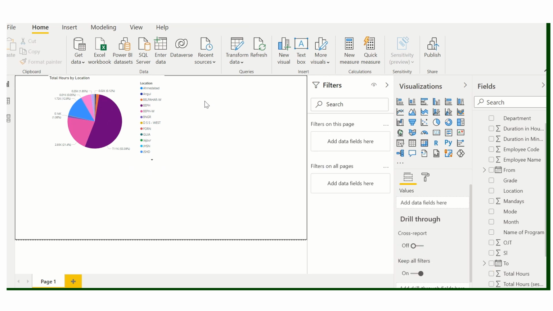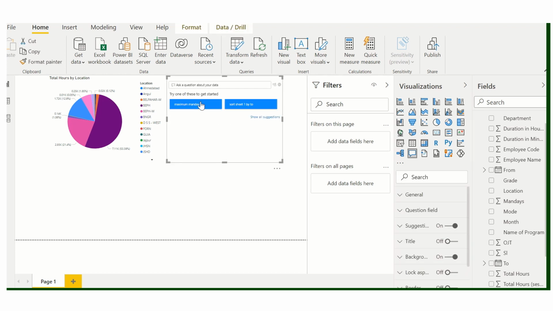Similarly, we will opt for another chart here. So double click here. Now we opt for a column chart. We will go for month wise.